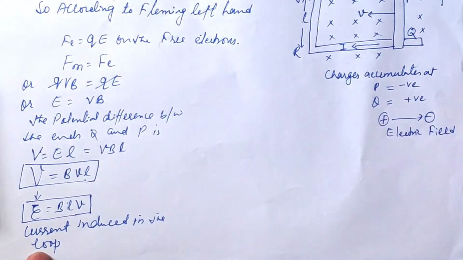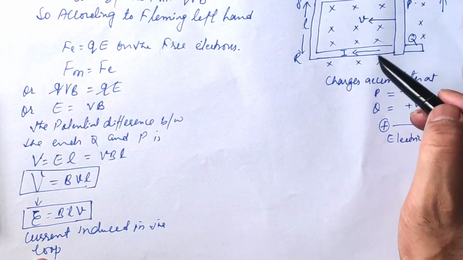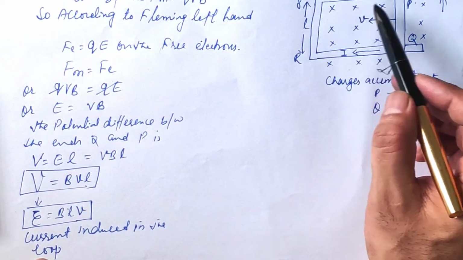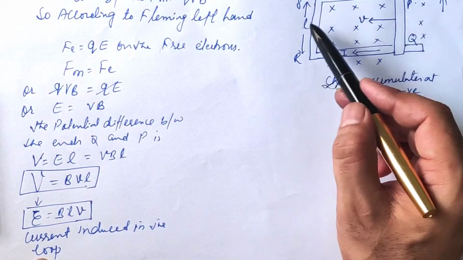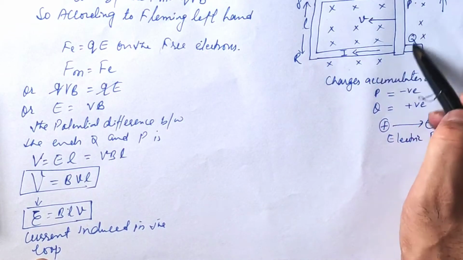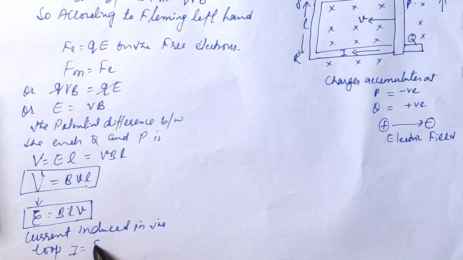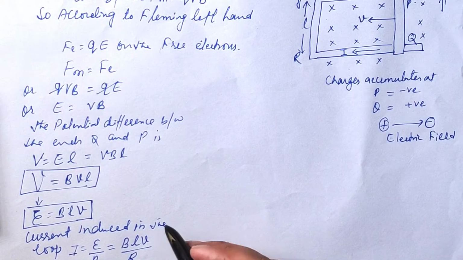So as I told you, let R be the resistance of the movable arm PQ in a rectangular loop PQRS. Suppose the total resistance of the remaining arms QR, RS and SP is negligible as compared to the resistance of the conductor, then the current in the loop will be I is equal to, from Ohm's law, V by R. V is what here? Potential, that is EMF. Then what is the value of EMF? That is vBL divided by R. So this is the value of current.